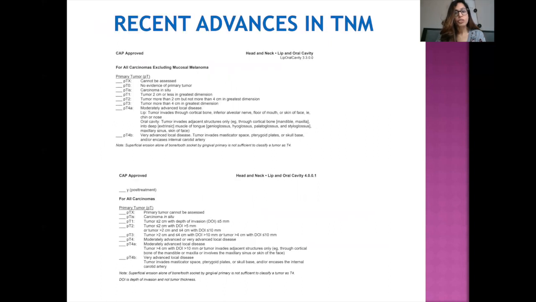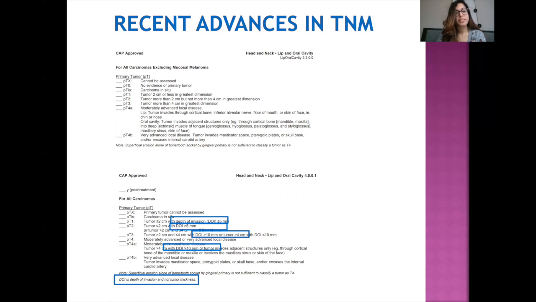So just to get a look at the TNM staging, because this is where we come to one of our recent advances, I have put two protocols, both from the College of American Pathologists. This is the previous version, version 3.3, and this is the newer version for the lip and oral cavity, version 4. And readily, the first thing that stands out is that there seems to be a lot of emphasis on depth of invasion. You can see the depth of invasion now influences T staging in almost every component of the T, where it was not present in the previous